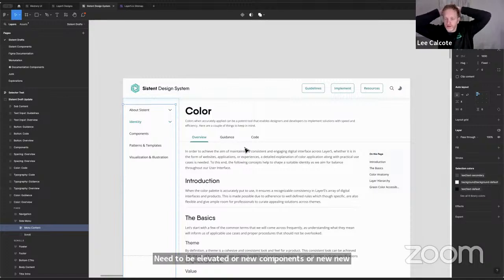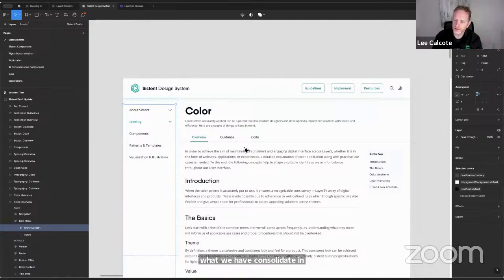To your point, that is the point of the design system: to reflect on what we have and consolidate into a single thing. I think folks are perhaps interpreting that direction a little too literally. It can be highly iterative.